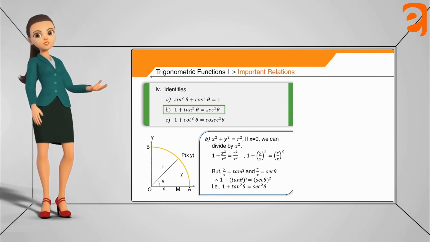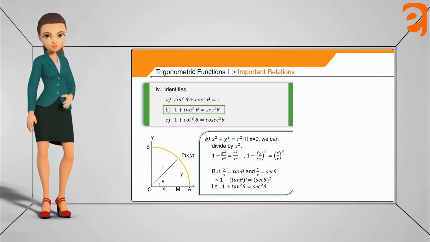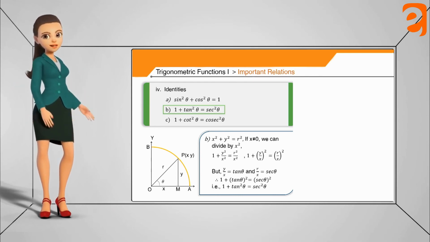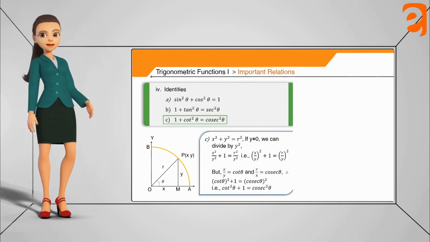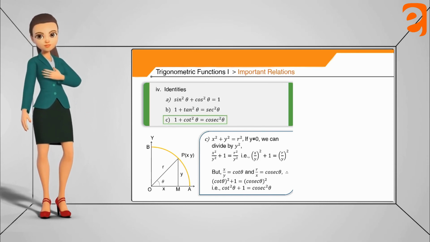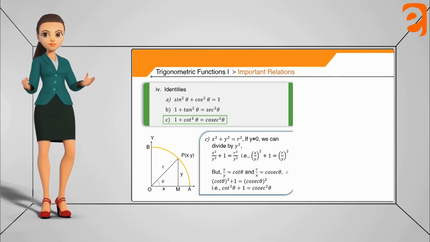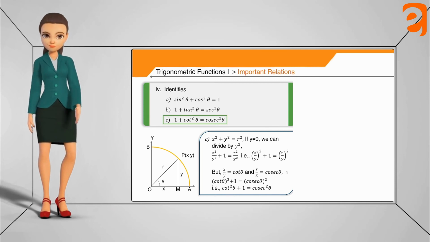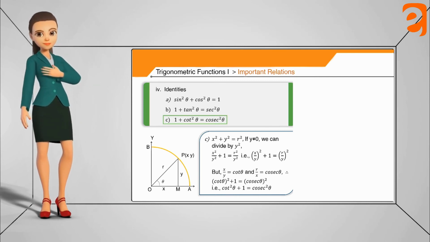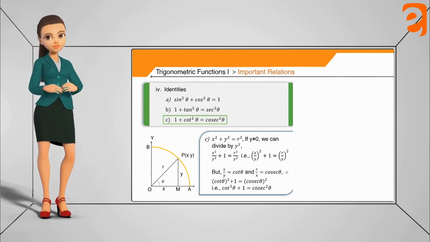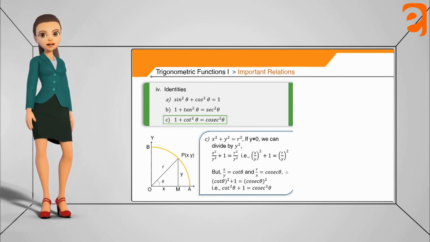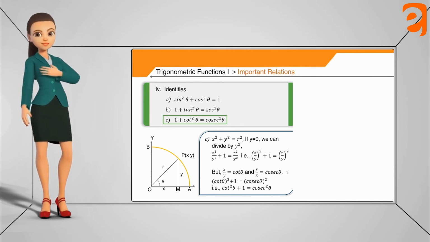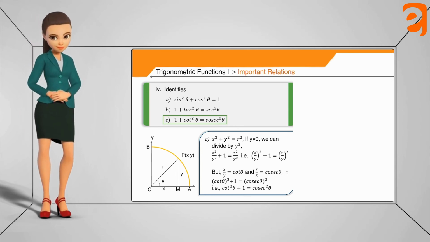Now let's move to the third identity, which is 1 plus cot square theta is equal to cosecant square theta. Let's try to prove that also. Again making use of the Pythagoras theorem for the right angle triangle, saying that r square is equal to the sum of the other two sides, which is equal to x square plus y square. In this case, we are going to divide the whole expression by y square, with the meaning that y is not equal to 0. So on dividing this expression throughout by y square, looking at the left hand side,